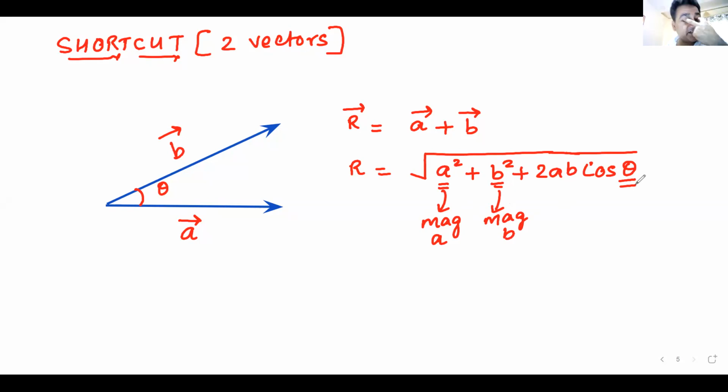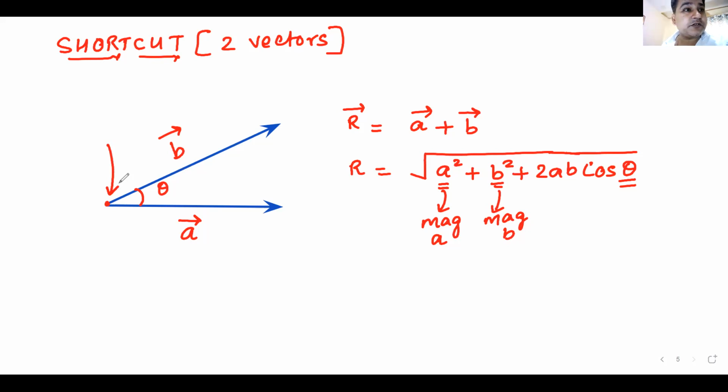theta stands for the angle between A and B. And remember, see small things. The angle is between the tails of the two vectors. See how the tails are joined? Their tails are joined at one point. So you have to find the angle that the tails of the two vectors make with each other. Am I clear with this concept?